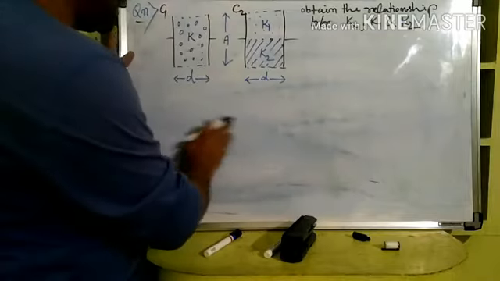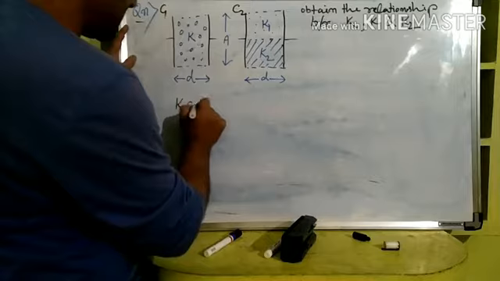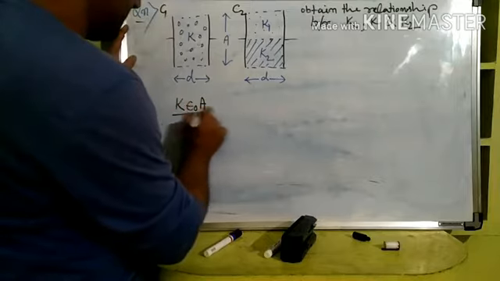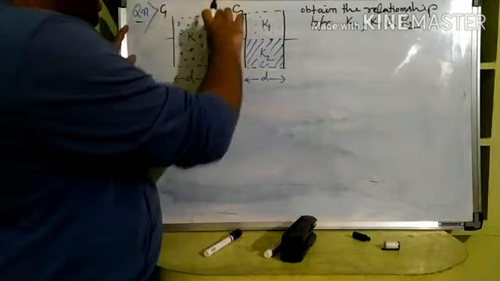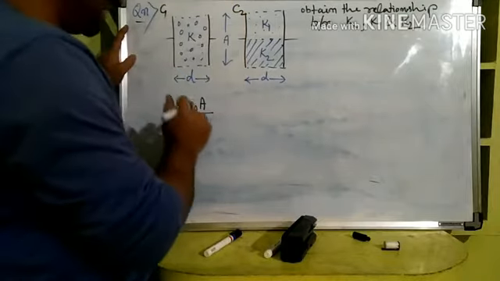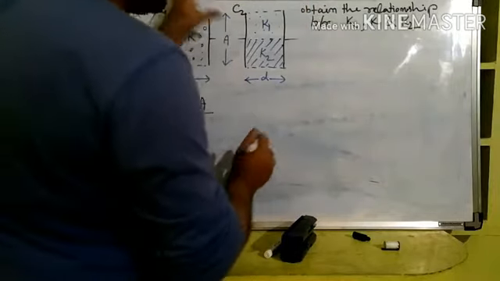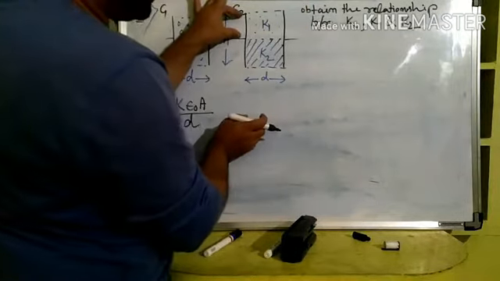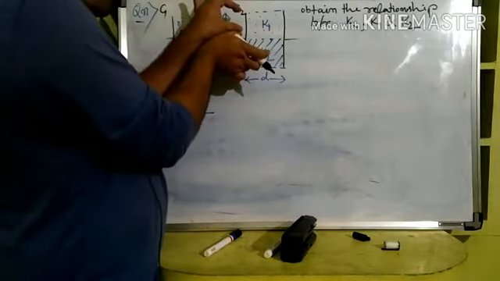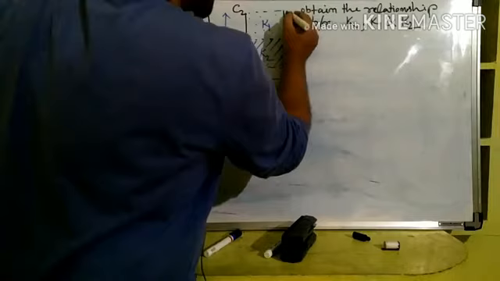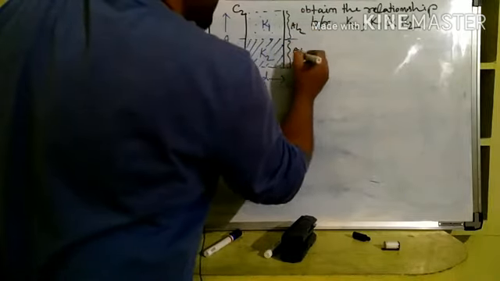Now, directly, if you write the capacitance of this side, it is K epsilon naught A divided by D, right? A is the surface area of the plate and D is the gap between the parallel plates. And what is the capacitance of this side combination? You can think that the upper part is one capacitor and the lower part is one capacitor, and these two capacitors are in parallel with each other. So what is the surface area here? A by 2 and A by 2, right?